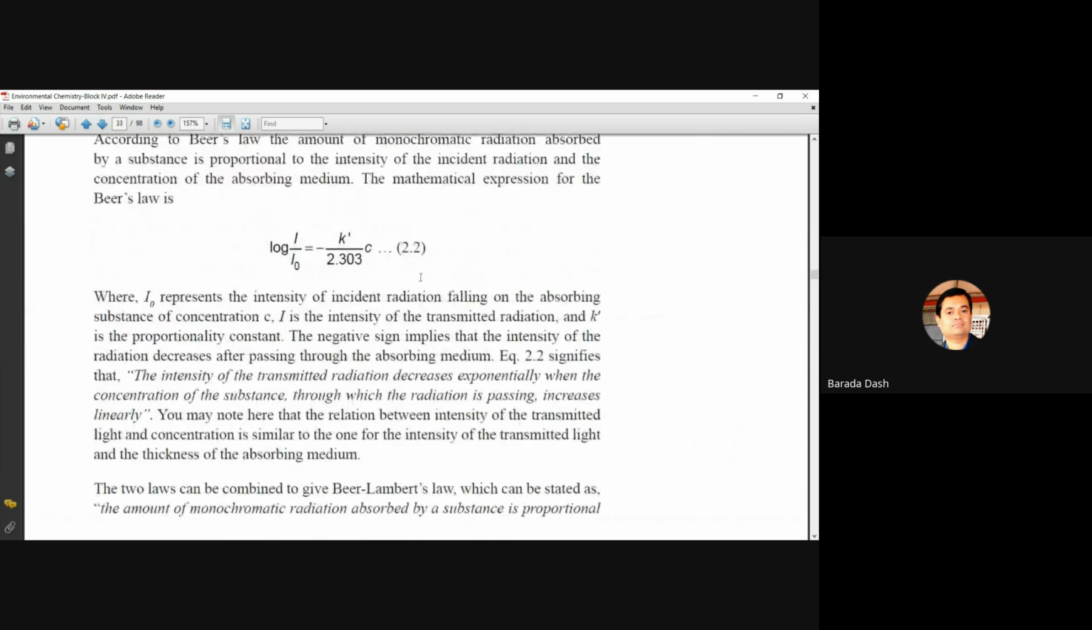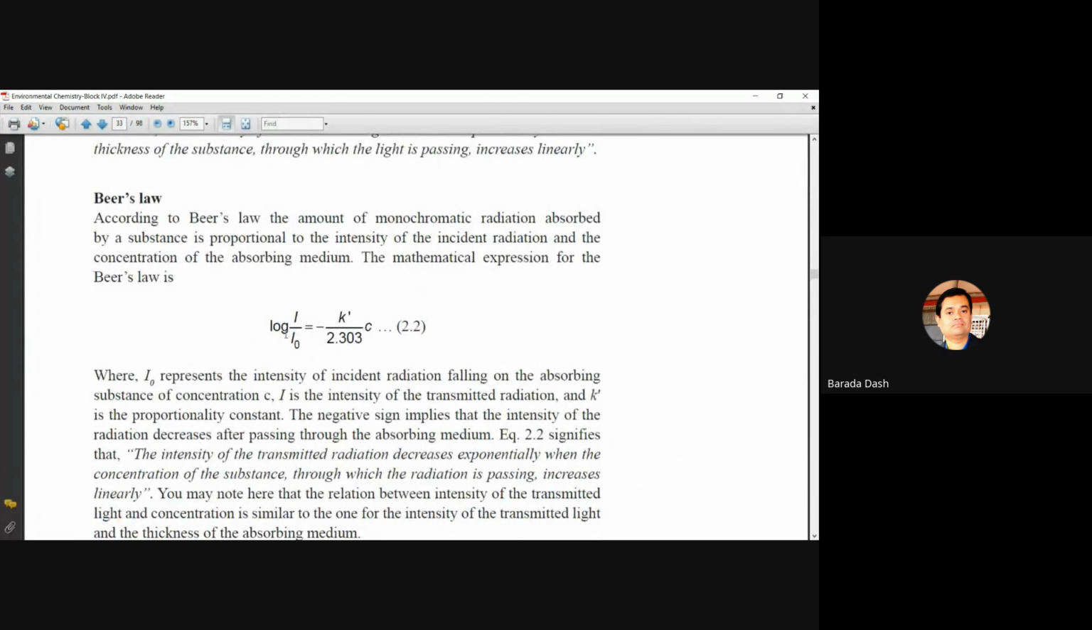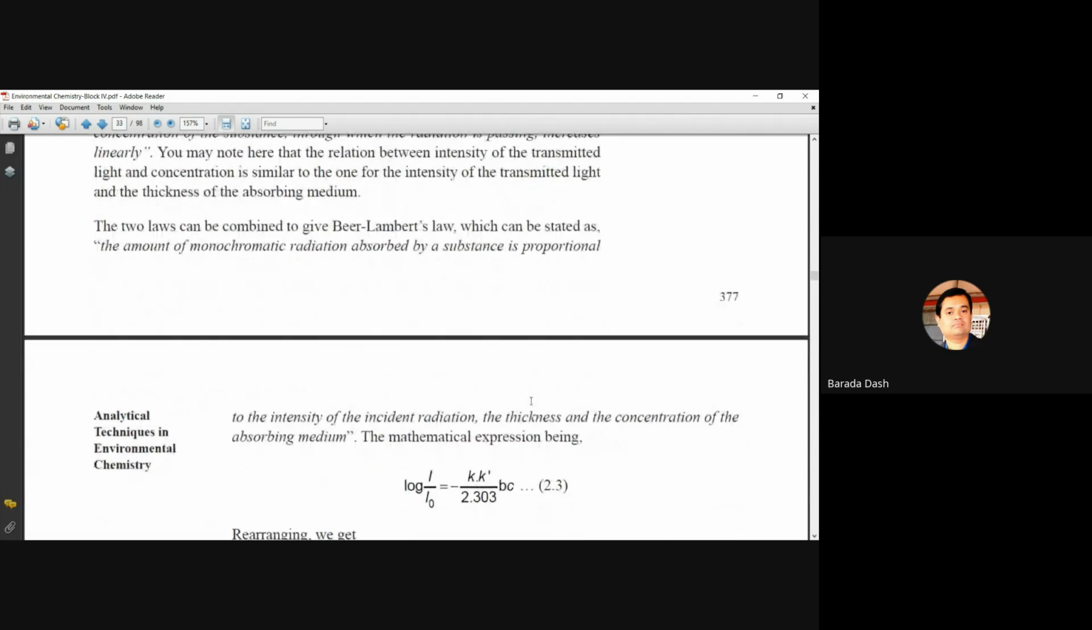If you derive this Beer-Lambert logarithmic law, it is log I0 by I. I0 is the incident radiation, I is the light which passes after passing through the particular substance or the cuvette. That is equal to K prime by 2.303 into C. C is the concentration of the analyte inside the cuvette. I0 represents the intensity of incident radiation, I is the intensity of transmitted radiation, and C is the concentration of the substance. So from this, if you derive,